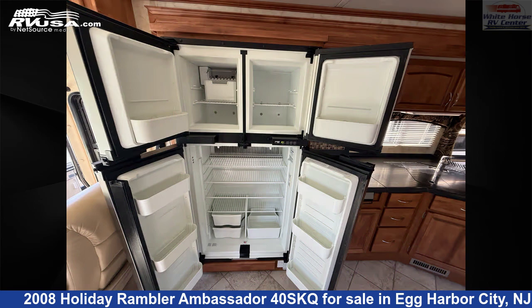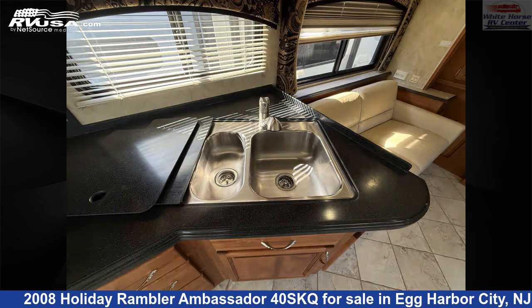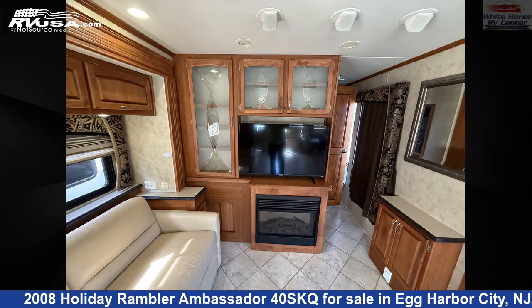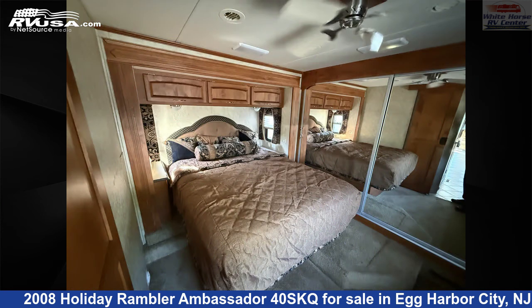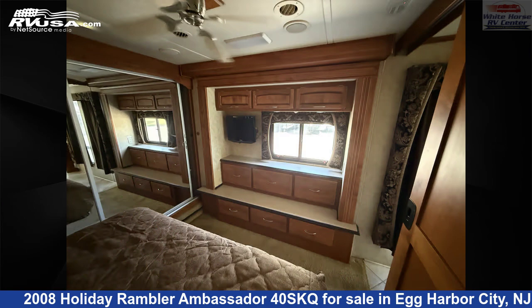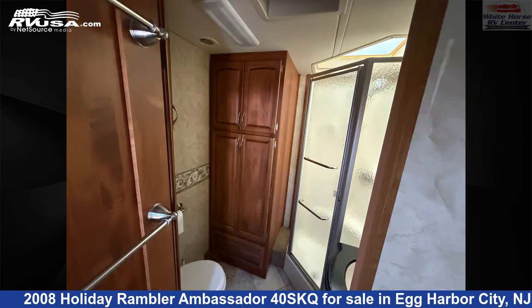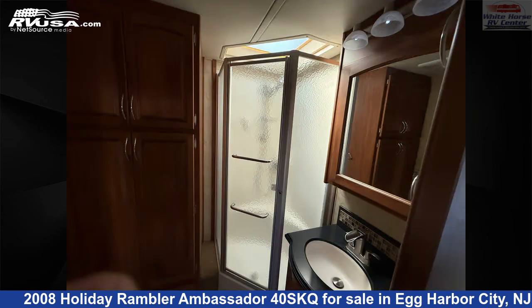This used Holiday Rambler is 40 feet 11 inches in length and features sleeps 4, LP detector, water heater, oven, microwave, TV, leveling jacks, air conditioning, slide-out, smoke detector, stovetop burner, and 100 gallons fresh water capacity. The floor plan layout of this Class A features couples coach, mid-bath, rear bedroom. This 2008 Holiday Rambler Ambassador 40 SKQ is built on a Roadmaster RR8R Raised Rail chassis and is powered by